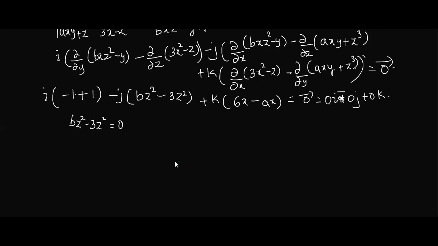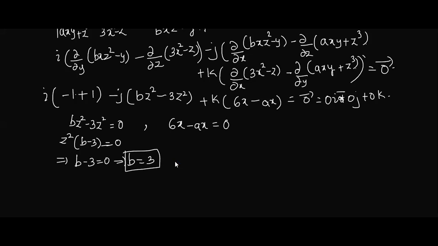Similarly, the coefficient of k are the same. So the coefficient of k, this is 6x minus ax is equal to what? What is the coefficient of k? It is again 0 here. Now here take z square common. z cannot be 0. So if you take z square common, what will you get? b minus 3. Now z square cannot be 0. If z is 0, so many terms are going to be 0. So we'll take the variable not equal to 0. We are interested in getting the value of b, so we can easily get that by equating this to 0. Correct? So b minus 3 equal to 0 means what is b then?